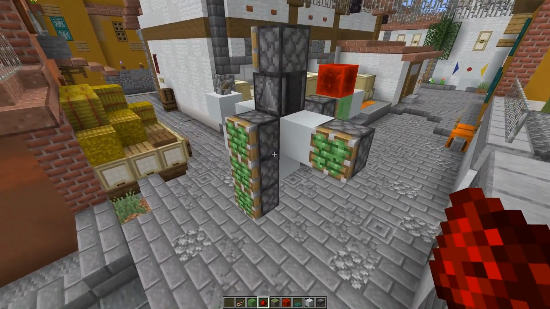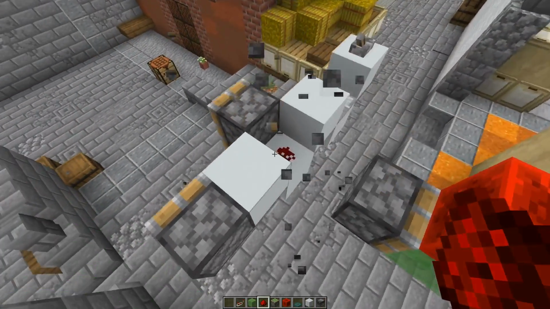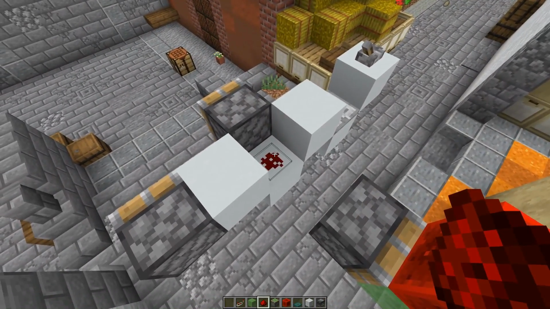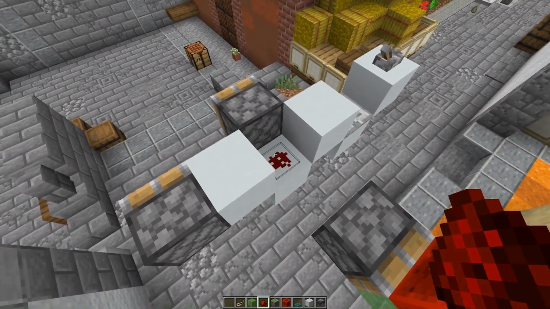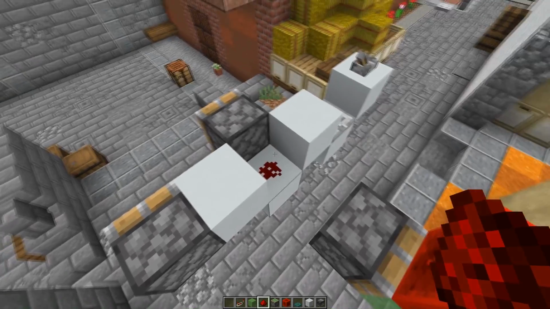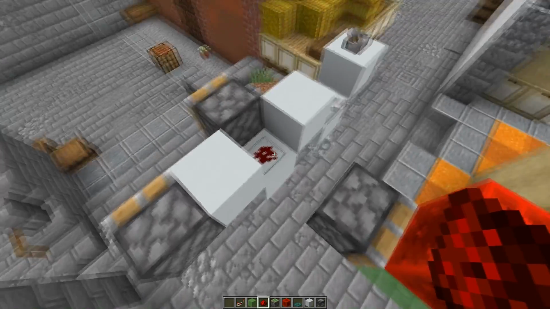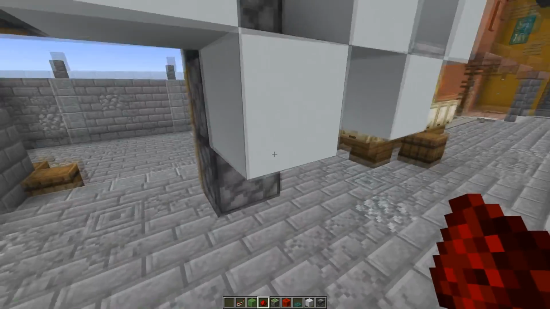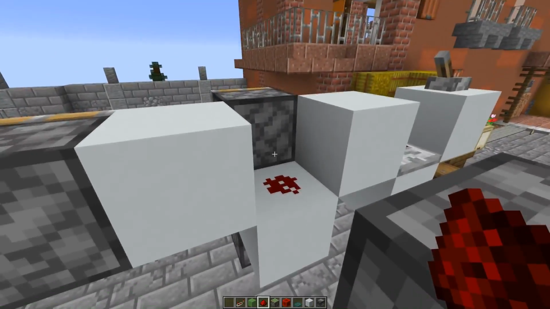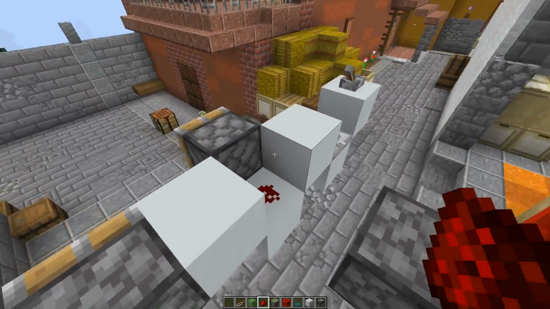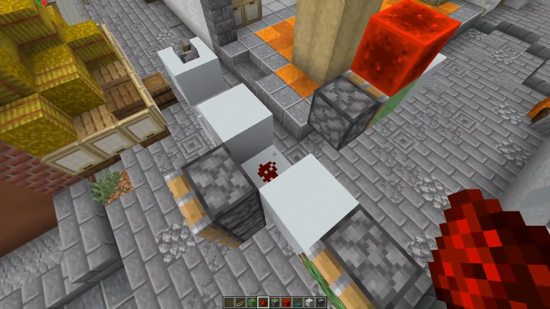Overall, I think this feature, switching between the dot and the cross, might in rare cases be exactly what you need, but overall won't be a huge game changer. So in case you want to power something below the block but not on the side of it, obviously you would want the dot. So in some cases it might be helpful.